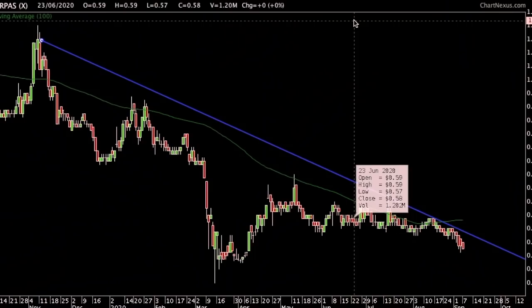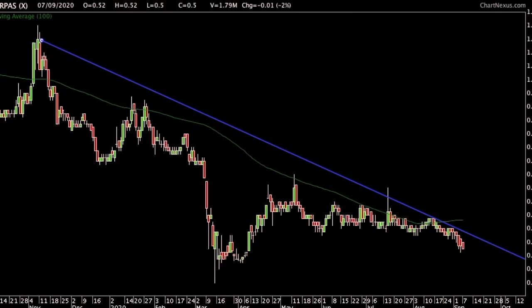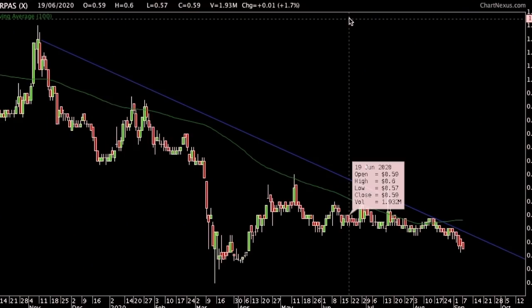That's my style, that's my narrative, that's my game. So I want to show you this chart, guys. This is a chart of Surpass from November 2019 to where we are right now. As you can see, the stock is pretty much in a downtrend. The stock is still headed down. So my style and my technique in all of this is, as long as the stock is in a downtrend,